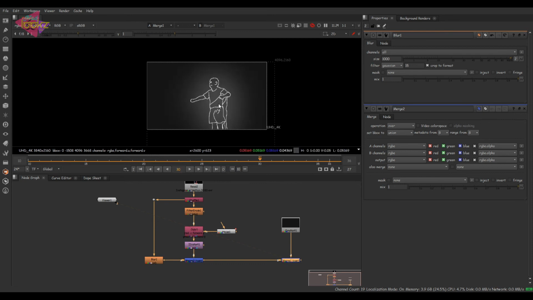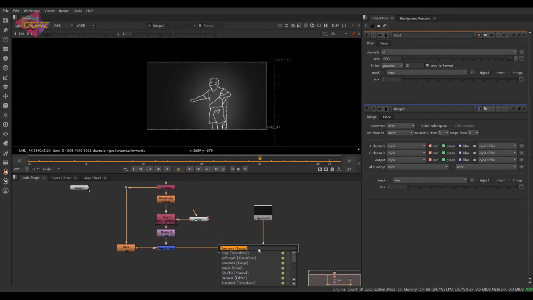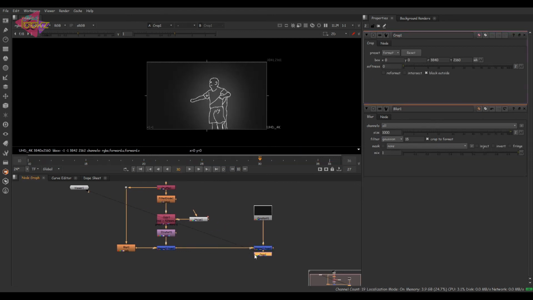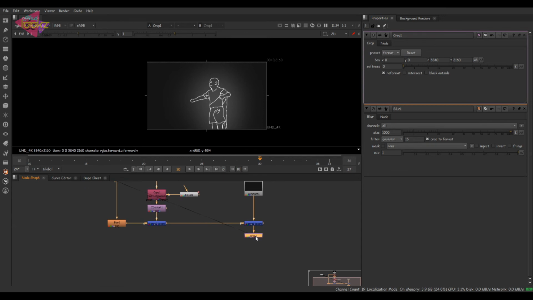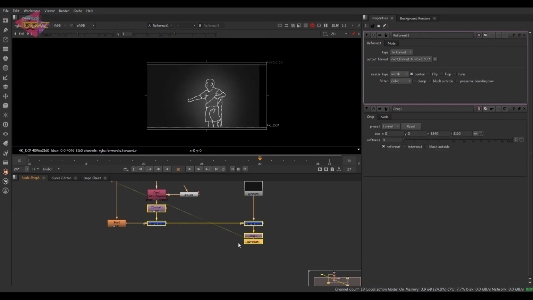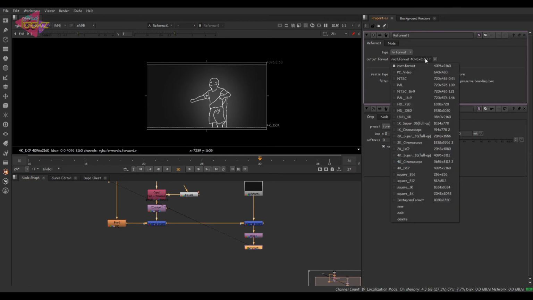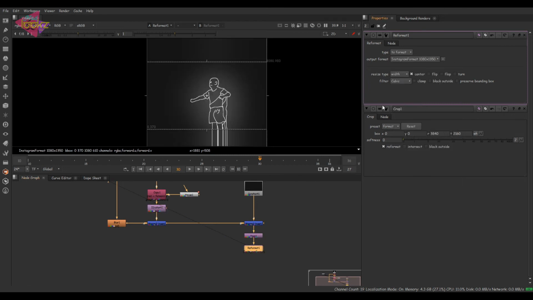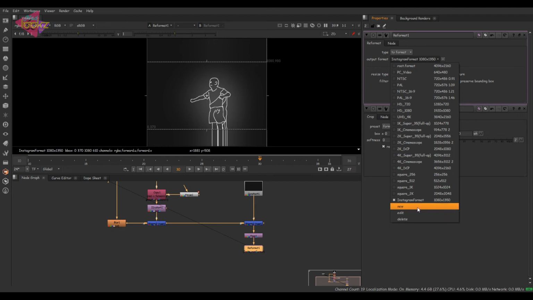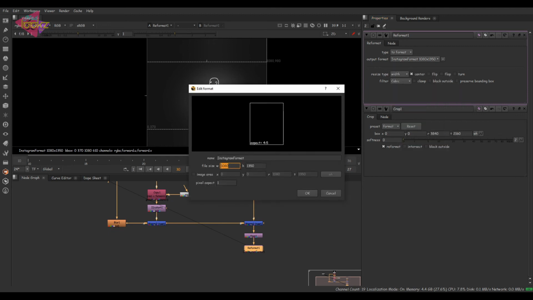Now we can use a crop node to crop the unwanted stuff or the bounding box. Then we have the reformat node to convert to the Instagram format. I already have a format here, so I have chosen that format with a pixel aspect of 4:5.